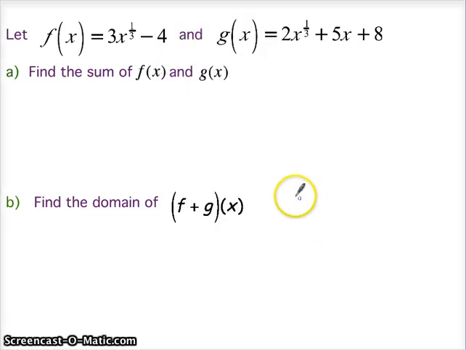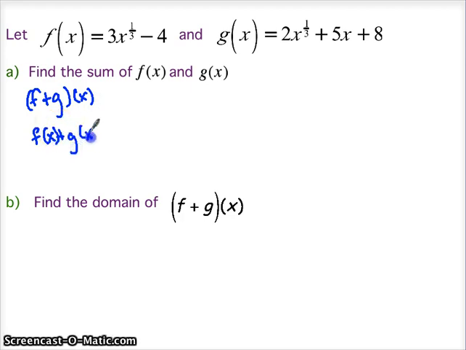So how that ties together with this section, we're going to be asked to do a few different things, such as find the sum of f of x and g of x. So what you're going to do there is just add together, again, two ways to write that, f plus g, both of which are functions of x, or we could say that that's f of x plus g of x. And again, that's what we're trying to find. What I would probably do is just write down all my terms. So I'm going to write down 3x to the 1/3 from the first function, and it's also going to have a minus 4 when we get there. And then from g of x over here, I'm also going to have a 2x to the 1/3 and a 5x